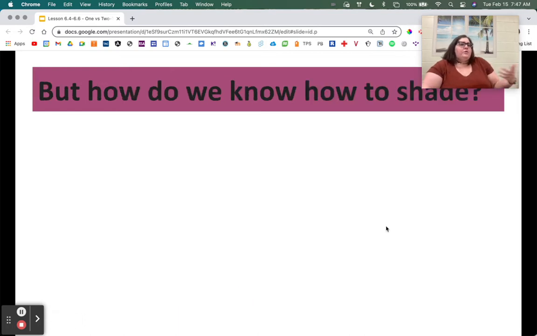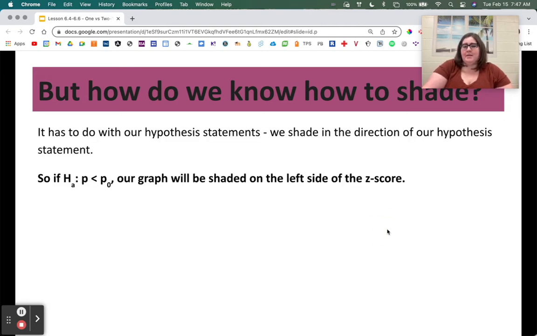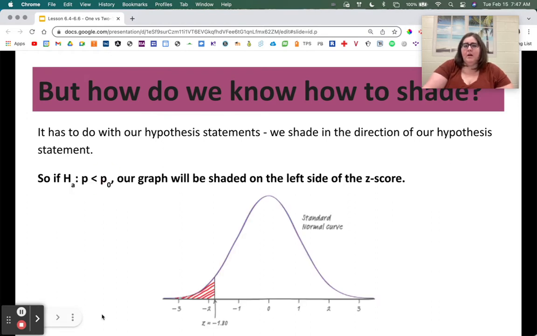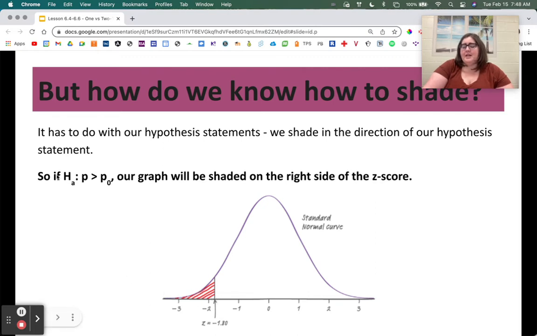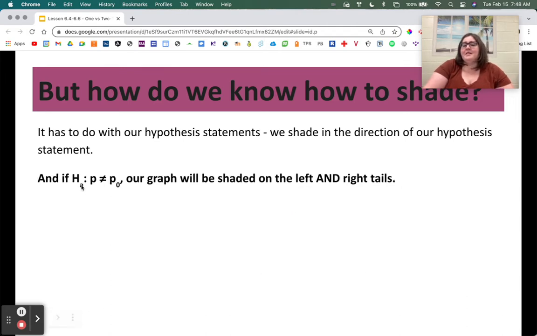So how do we know which way to shade, when to shade both tails or one tail? Hopefully we talked about this in class, but the shading has to do with our hypothesis statement. If our alternate hypothesis is p is less than something, our graph will be shaded to the left of that z-score. If our hypothesis statement is p is greater than something, we're going to shade to the right of our z-score. If our alternate hypothesis is p is not equal to, this is when we shade on the left